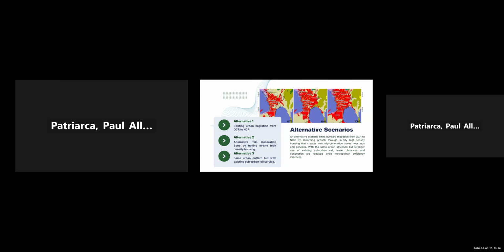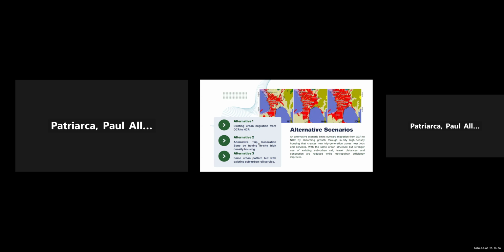Our alternatives for this would be straightforward as well. Our base scenario would be the existing urban fabric that we have, in which the majority of our commercial, business, and economic districts are in Metro Manila, while the trip generation zones are outside of Metro Manila, which induces more travel demand and leads to congestion.